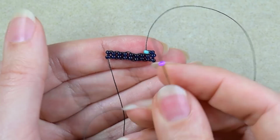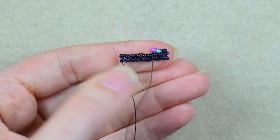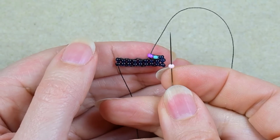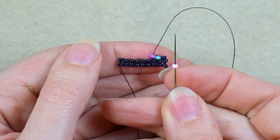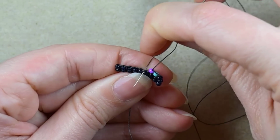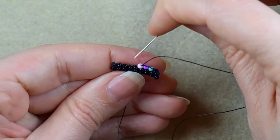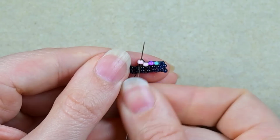And now I need a purple bead. And I'm going back through it. Now I will be adding the beads one by one, using the next thread bridges that are on my way. Now I need a pink, next thread bridge and backwards, another pink, next thread bridge and backwards,